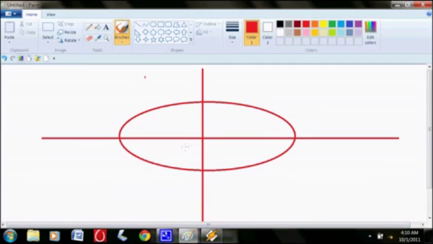Now this is the origin. This is x-axis. This is y-axis. If I say this as x, this is x dash, and this as y, this is y dash. There's a point here, there's a point here. Now in case of a parabola,